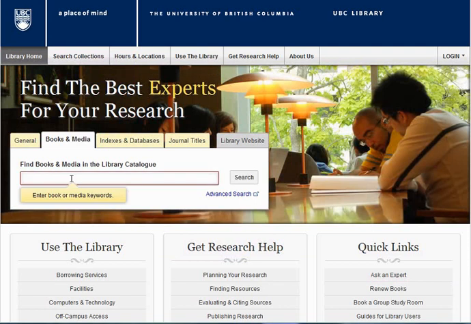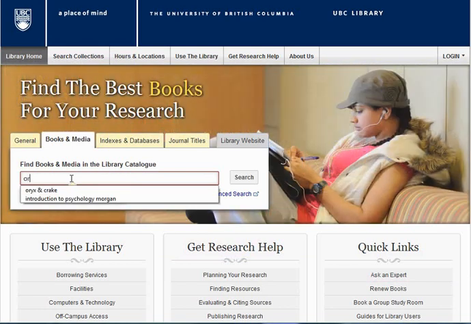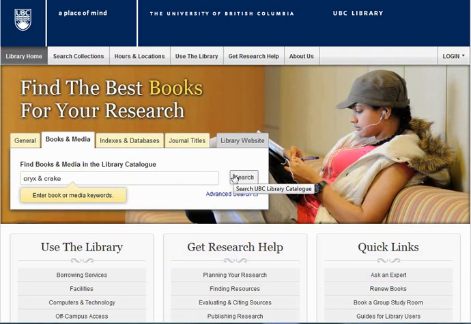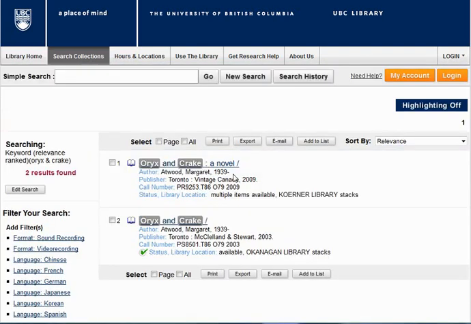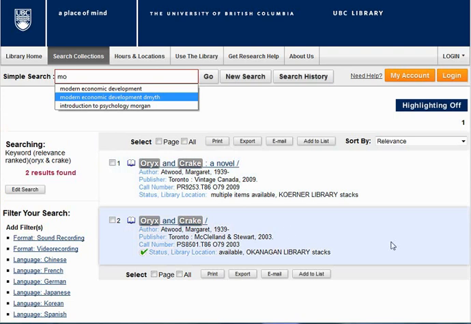You can use keywords, title words, or author names. For example, let's try Margaret Atwood's book, Oryx and Crake. Note: you can just type the title in if it's not too common, and it will appear at the top of the results list. If you're looking for something with common words in the title, though, like Modern Economic Development,